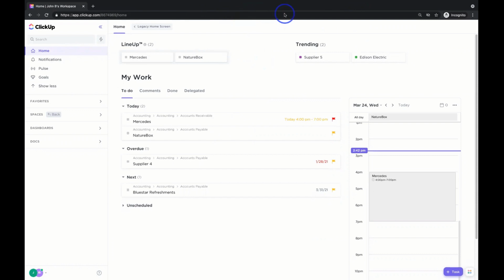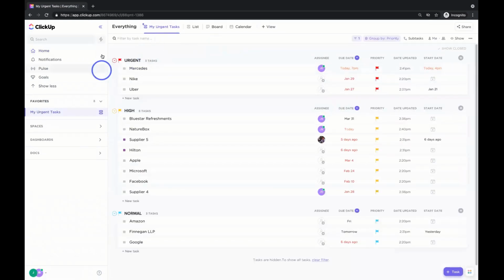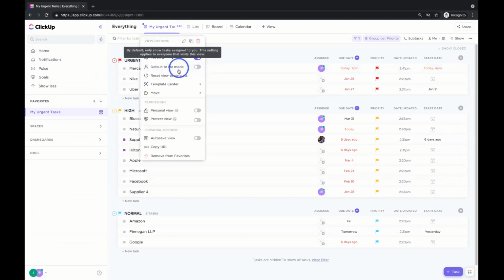Is this section for your personal board or can everyone see? So it depends on, again, there we go. We were showing you earlier, right? If we go into a particular space, and let's go to my favorites. So we're going to the My Urgent Tasks option. And inside we have those My Urgent Tasks, right? When we click it, we have the ability to make a personal view. See this personal view? That would be something that was just for me, right?